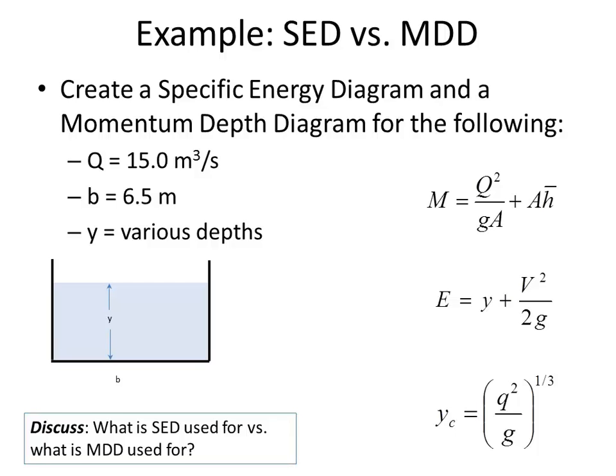We should have a column that indicates velocity, because we're going to need that for specific energy. And I think that's about it. I think with those parameters we can then calculate the specific energy and then calculate the momentum. The momentum function will have units of cubic meters. Okay. All right, so I'll let you get started on that.